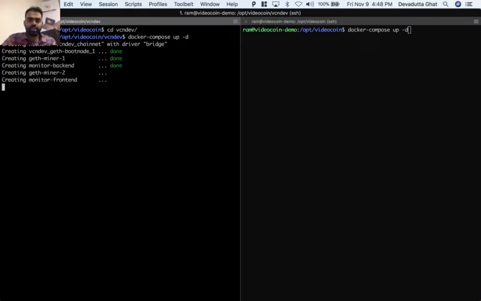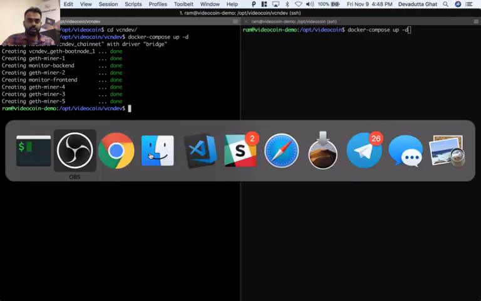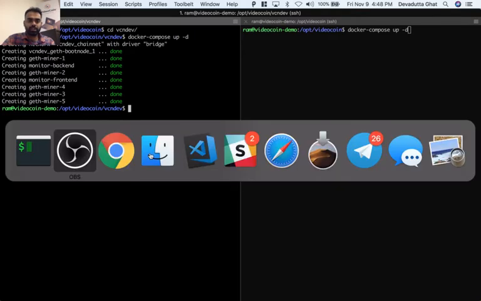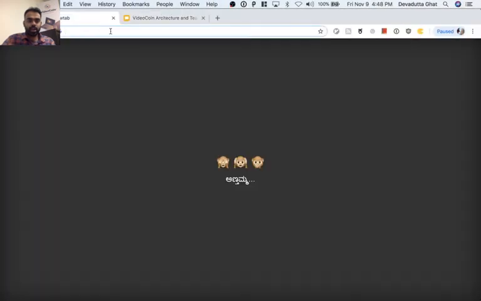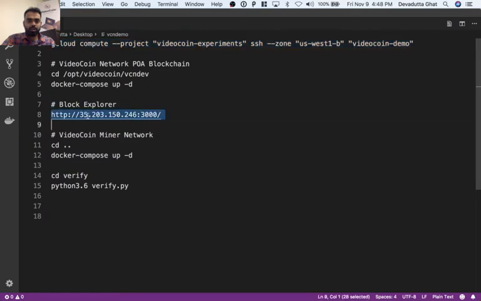So this step brings up our private proof of authority based VideoCoin blockchain network. This is right now mining video coins. For more detailed explanations on the architecture, there's another video that, like I said, we can check out. But what this does is I can now go and bring up a block explorer